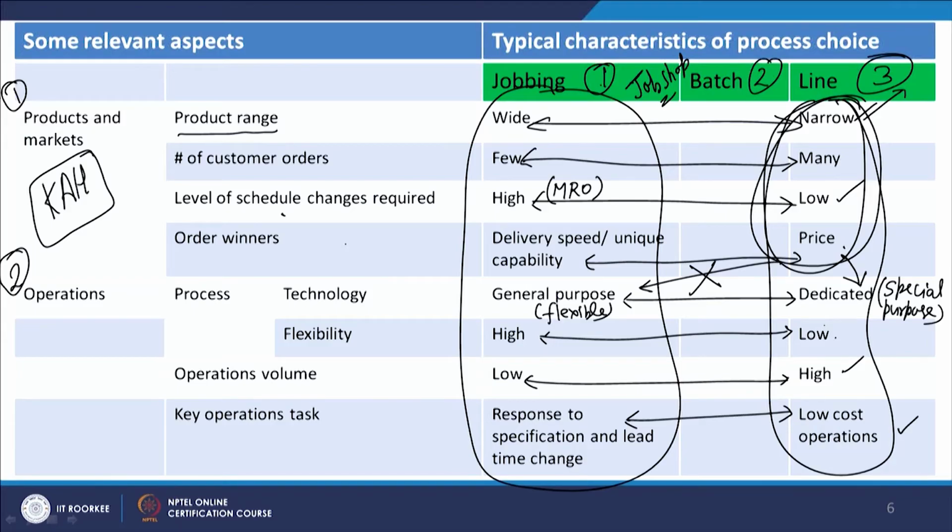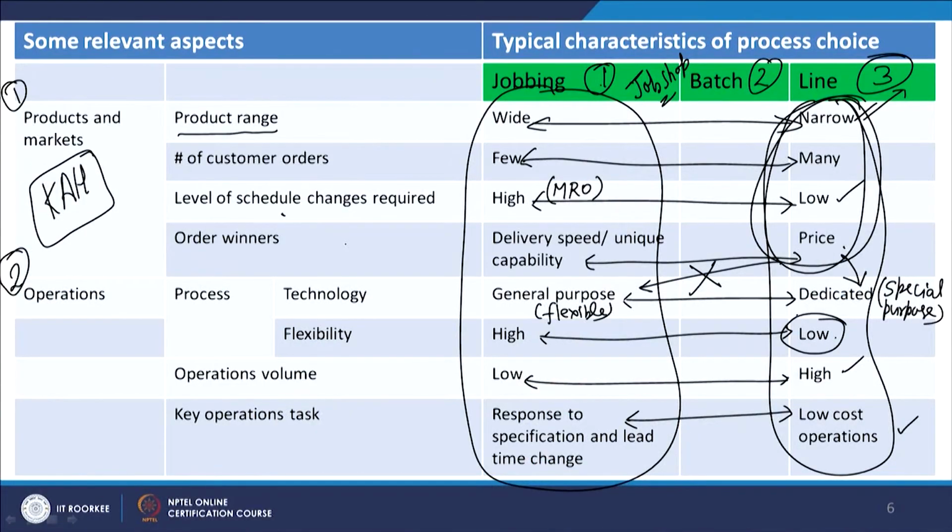So, that is what I want to have here. I do not want flexibility because my product line is very narrow. So, why should I have flexibility? I am okay with a specific type of production system which cannot be changed regularly, because I do not have many orders, I do not have frequent change of schedule, and my products are also limited in number. So, there is no need of flexibility. So, why should I invest unnecessarily in the development of flexibility?